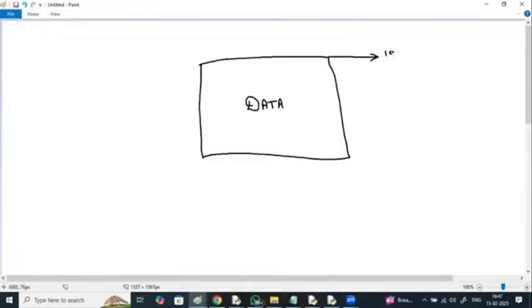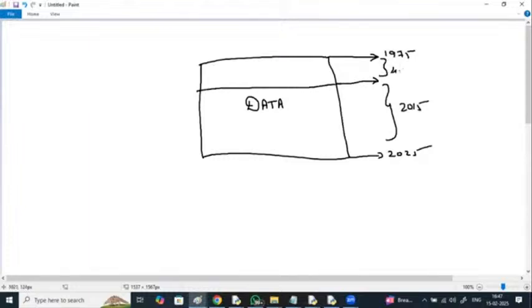So this is from the year 1975 to 2025. If you take the last 10 years, 2015 to 2025, and the previous 40 years, if you compare the data generation, nearly 80% of the data we are seeing in the current real world has been generated in the last 10 to 15 years.